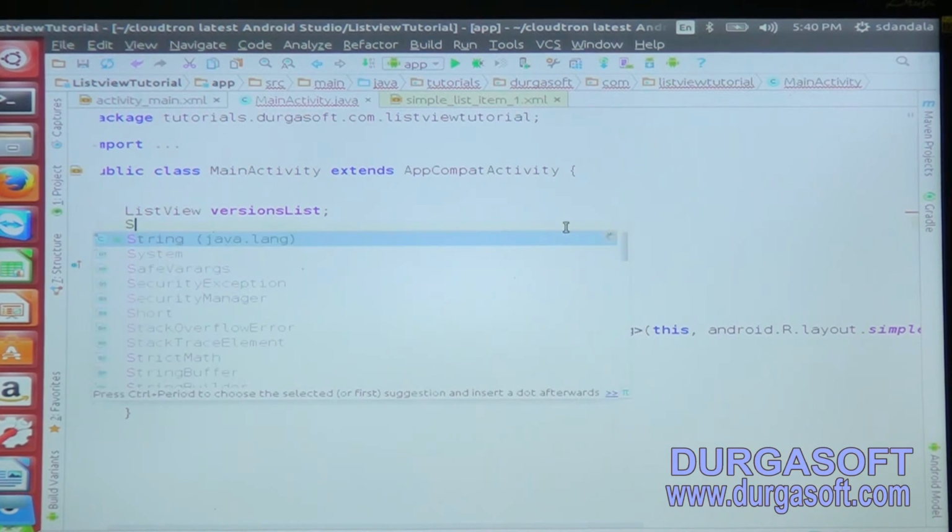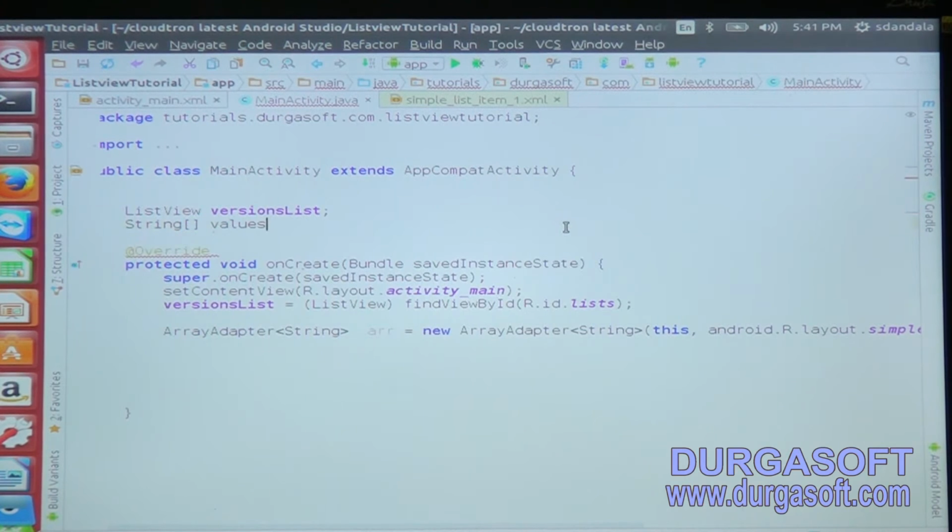It could be any string array, so let it be, as I told, versions. Let me put some gingerbread,